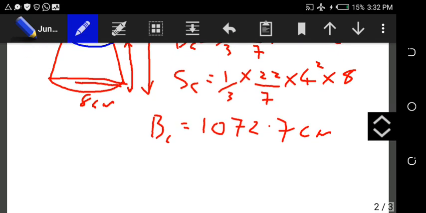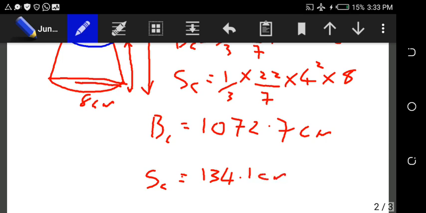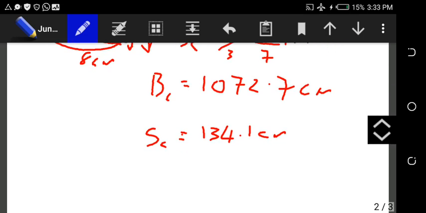All right, and for the smaller cone, which we have selected as SC, when we also punch that in the calculator, 1 over 3 times 22 over 7 times 4 squared, that's 16, times 8, that will evaluate to 134.1 cm approximately. Therefore, the volume of the frustum,